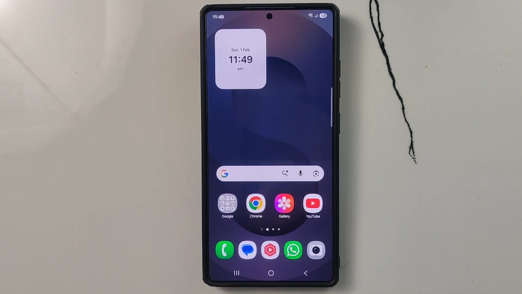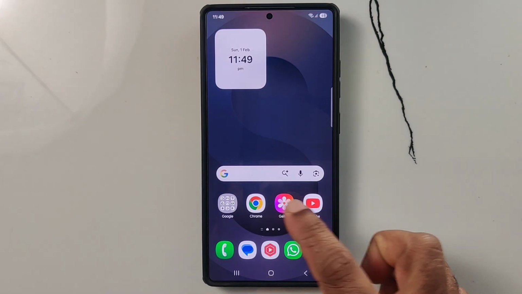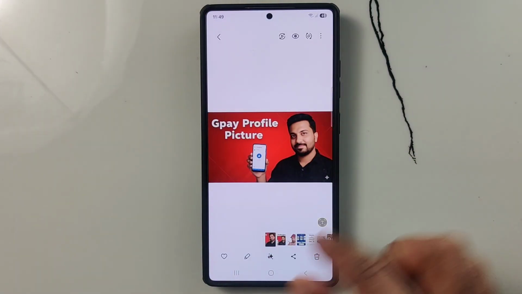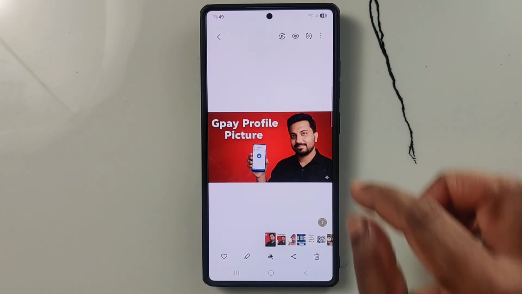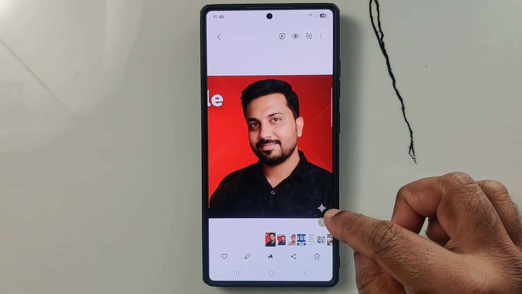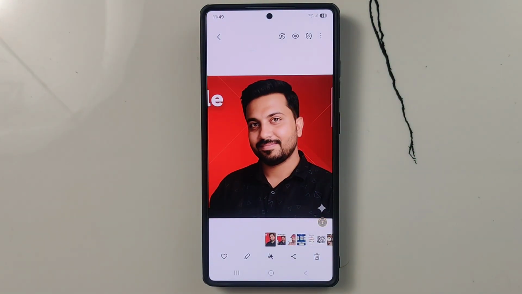In this video we are learning how to remove the Google Gemini or Nano Banana logo from your AI image. Okay, I'm opening my gallery, then opening my thumbnail created by Google Gemini. You can see here there is a logo of Gemini, and we can simply remove that logo by using the Galaxy AI